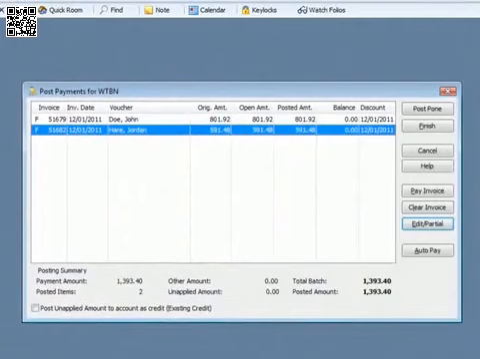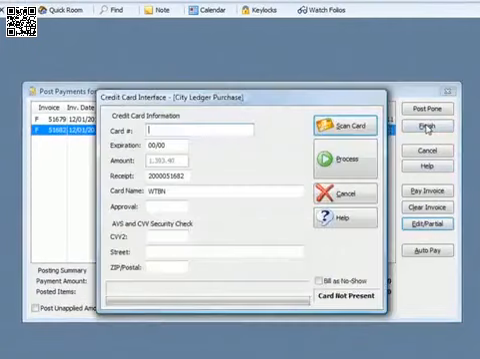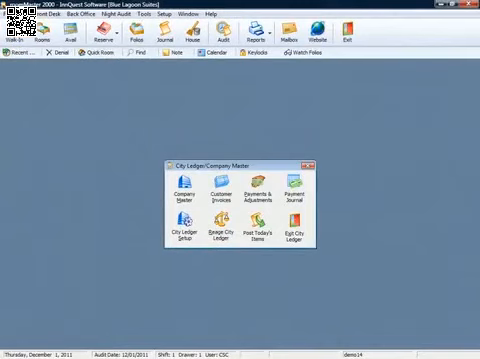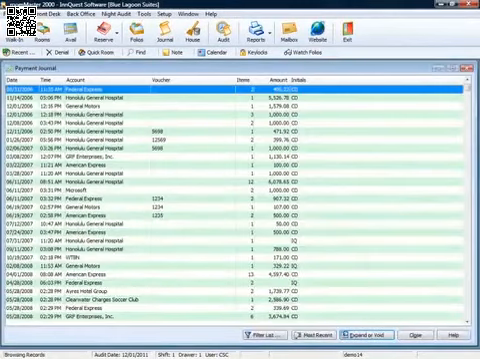Regarding City Ledger payments with credit cards and the credit card interface, the process is the same, but after clicking Finish, the credit card interface screen will appear. Process the transactions as if you were posting from a folio. Once a payment has been made to a company, it is listed in the payment journal in the City Ledger